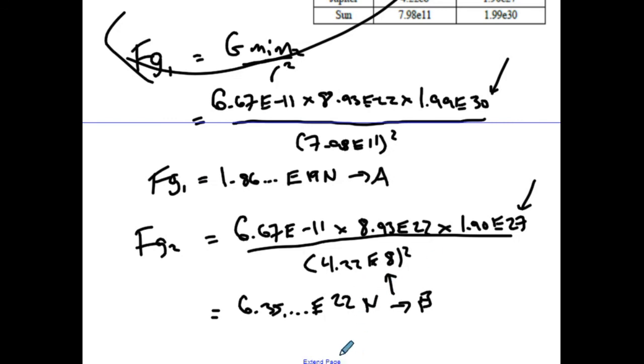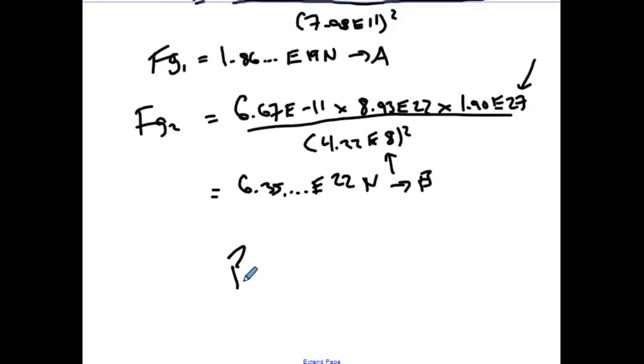Now for our last step here, I just need to subtract these numbers. So I'm going to take B and subtract A. But one of the cool things you're going to discover is if you take these two values and subtract each other. Oh, I didn't actually store that one as B yet. Hang on. Let's store that one as B. Okay. Now I'm going to take B and subtract A. When I subtract these numbers, I still end up getting 6.35 times 10 to the 22 newtons,